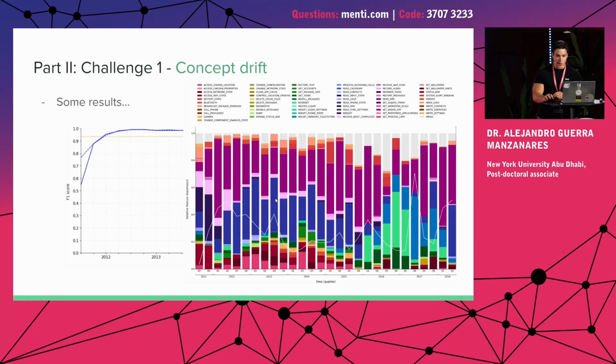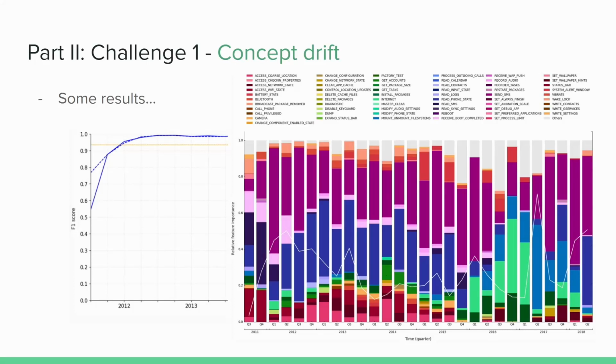And the good thing is that we could also analyze what the most important features were. These are the most important features over time to discriminate if an application is malware or not. I mean, these are permissions. This is the permission list. In the paper that we wrote about this, we go more thoroughly, but we can see that